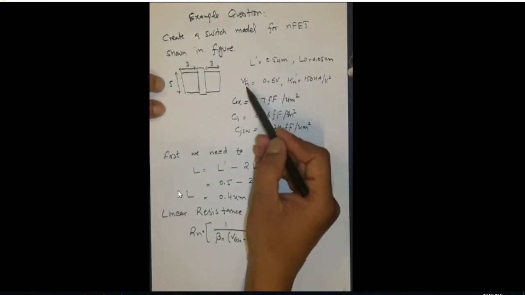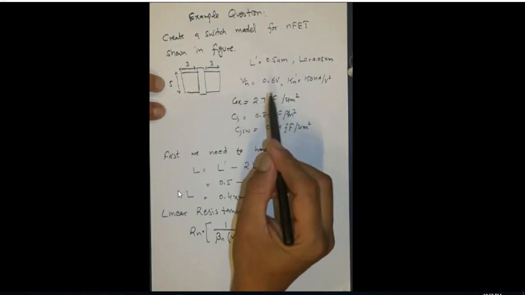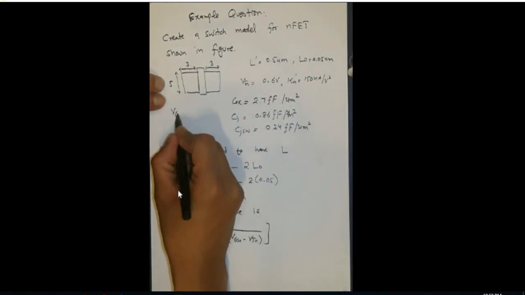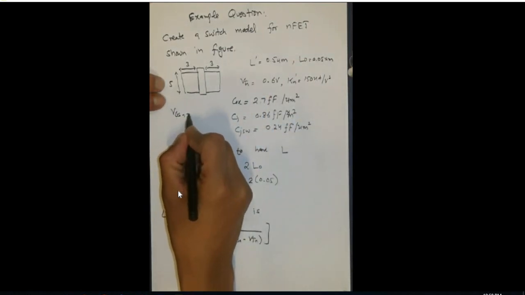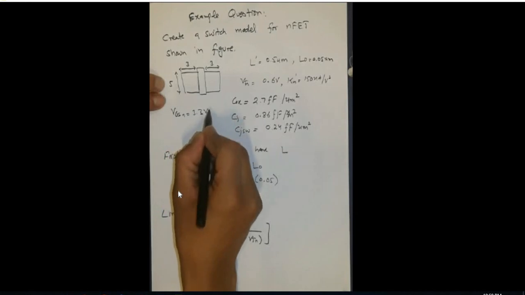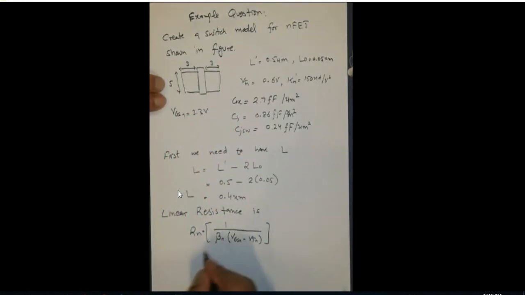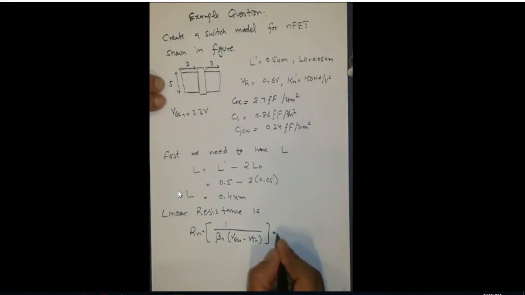So we have a value for VTN, and I think we have been missing with the value of VGS. So VGS is given as 3.3 volts. So if we put the values here, we get the expression